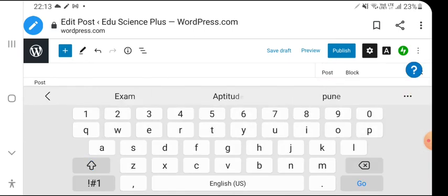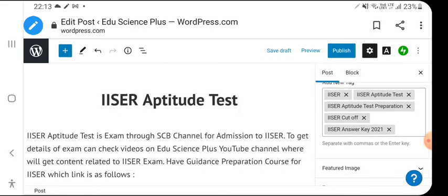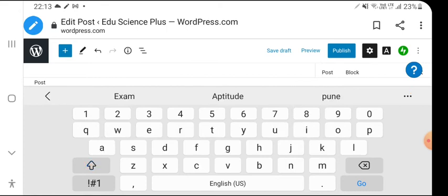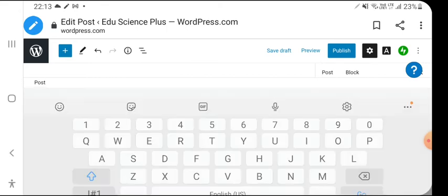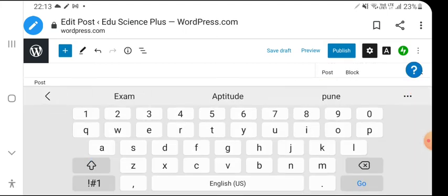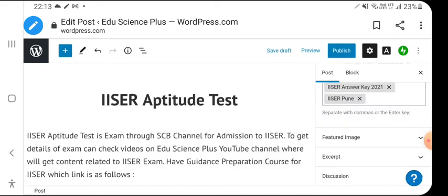We can keep ISER answer key 2021. Then we can put ISER Pune. As title we can put ISER result date 2021, which students search.